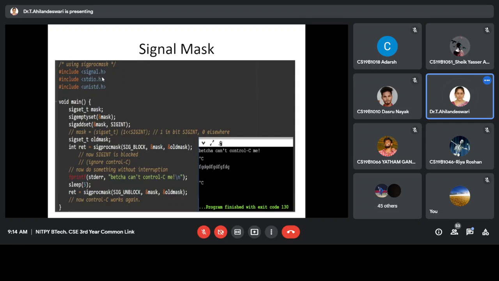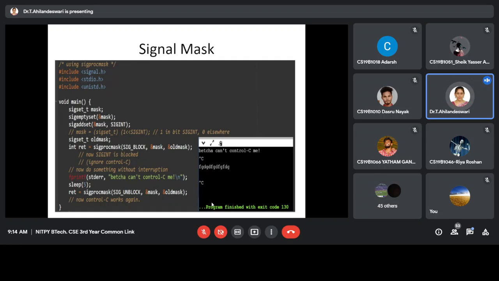So first include the header file, then mask is nothing but you are declaring a variable. First you are emptying the set, then you are adding sigint to mask. After this, as the signal sigint is added to the mask, then by calling sigprocmask with SIG_BLOCK, the signal which is there in the new set, that is sigint, needs to be blocked, that is the meaning. Okay, sigint needs to be blocked. So we have added the signal sigint that has to be blocked. So it should not have a control over the process.